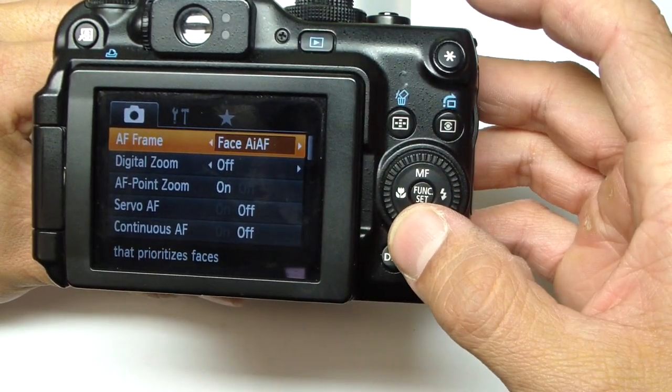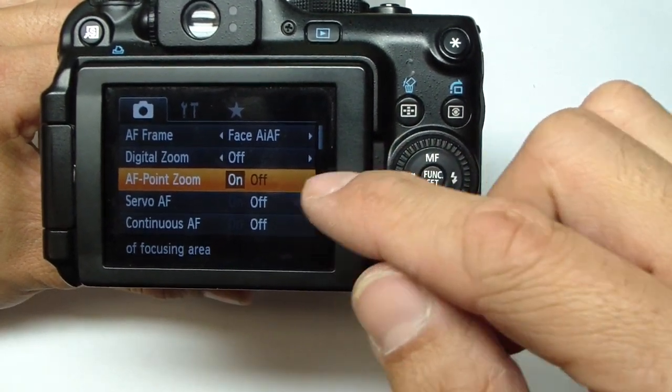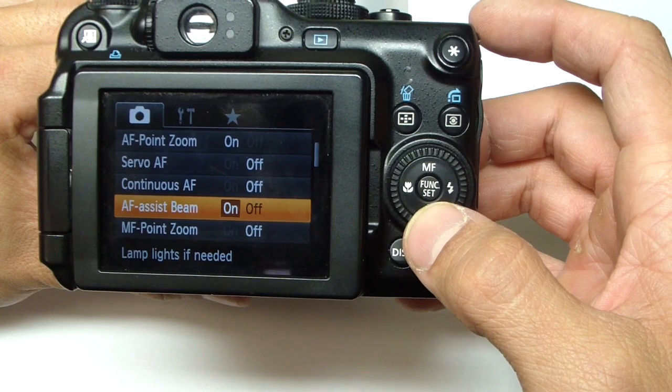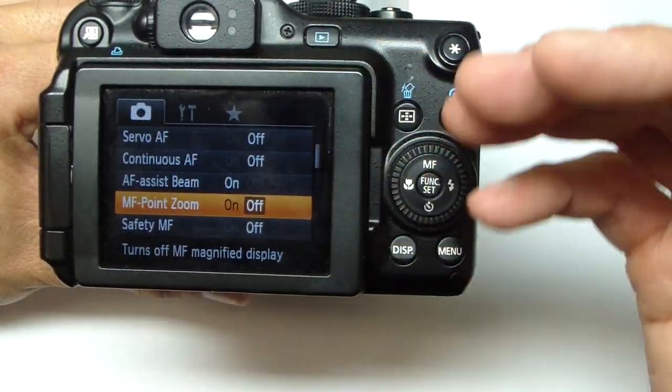The autofocus frame is on. The autofocus point zoom is a technique that I use, and it gives you a little square. I'll show you that in a second. And autofocus assist beam is on. And after I set all my little settings,